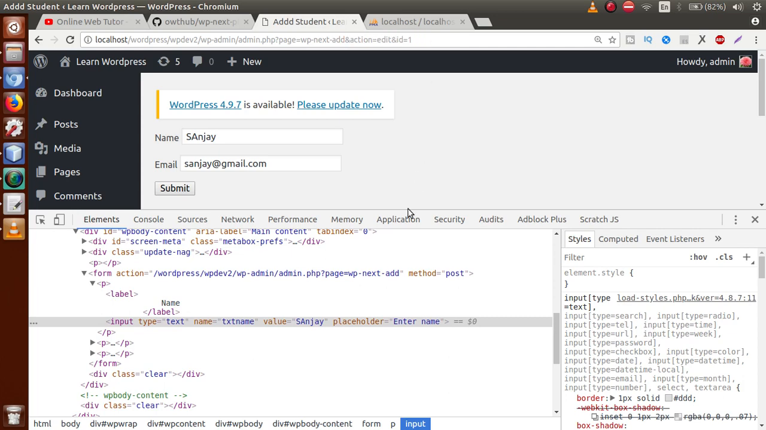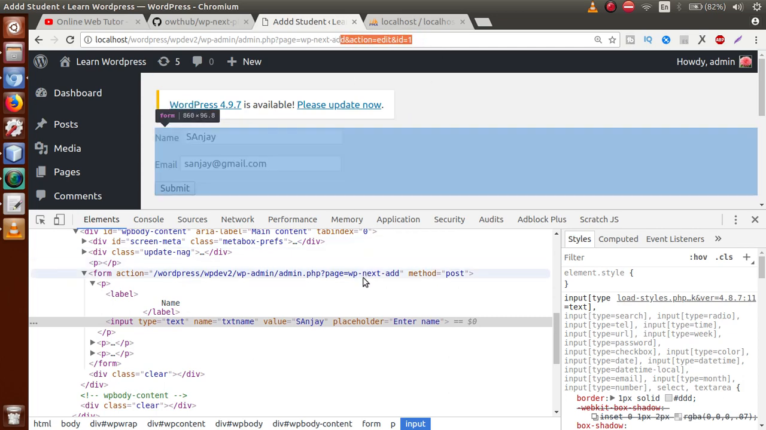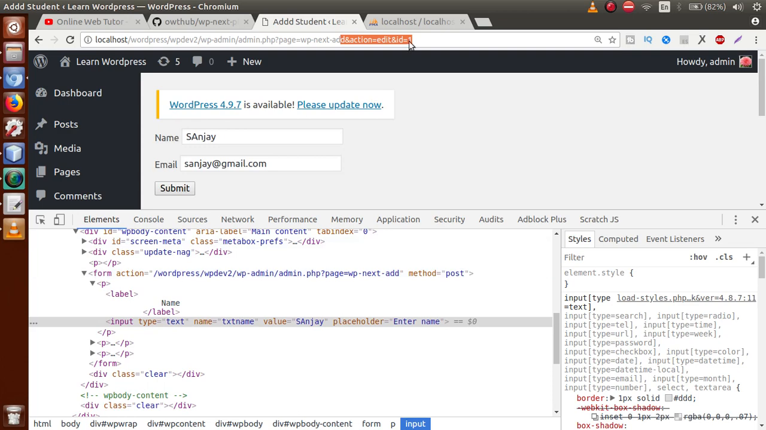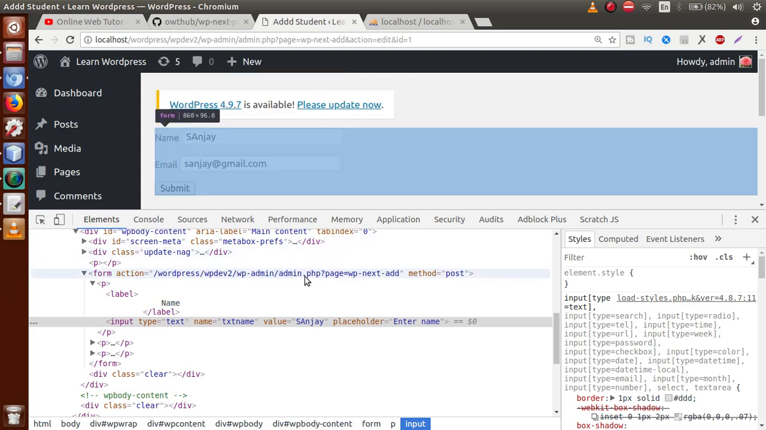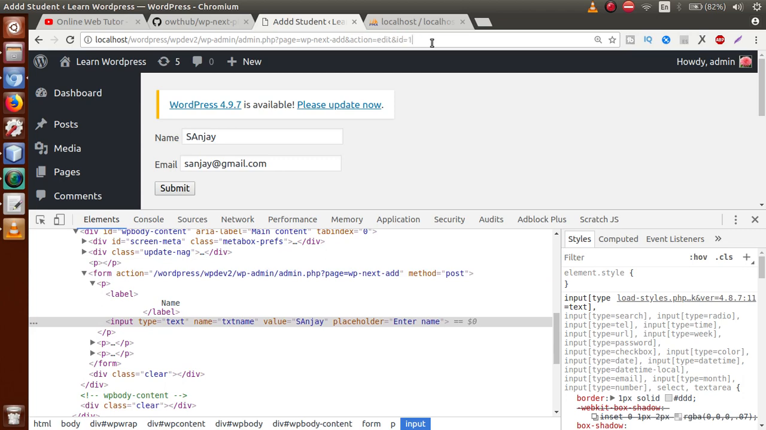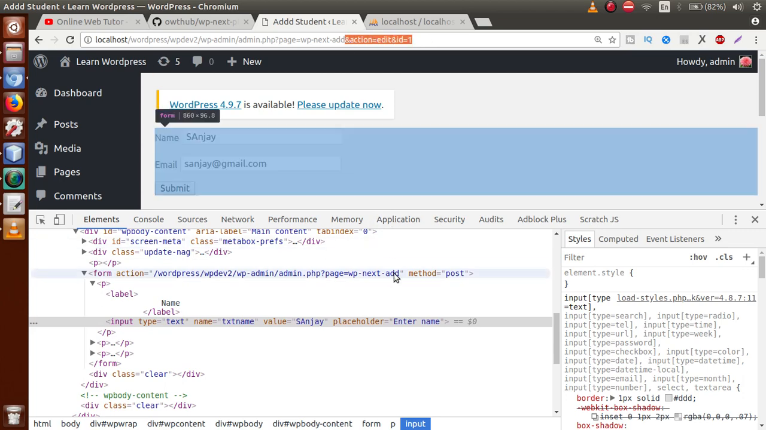Okay, so we need to attach these query string parameters right into this URL. With the help of these query string parameters, we need to actually submit this form. Because this is the normal form action parameter which is responsible to save our data. But now we are going to update our record, so we need to pass these extra parameters inside this form